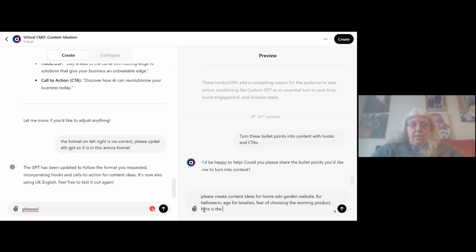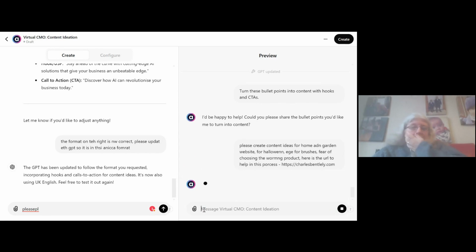Here is the URL to help in this process. So I'm going to now add in https://charlesbentley.com. Let's make sure I've spelt that right. Now, I've done this deliberately because